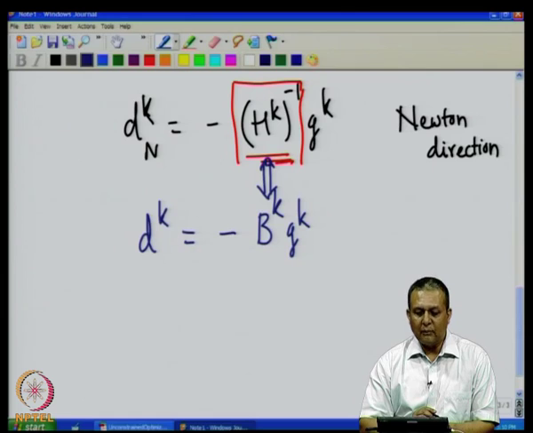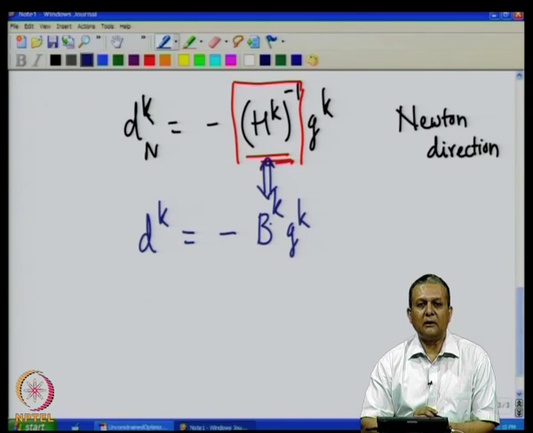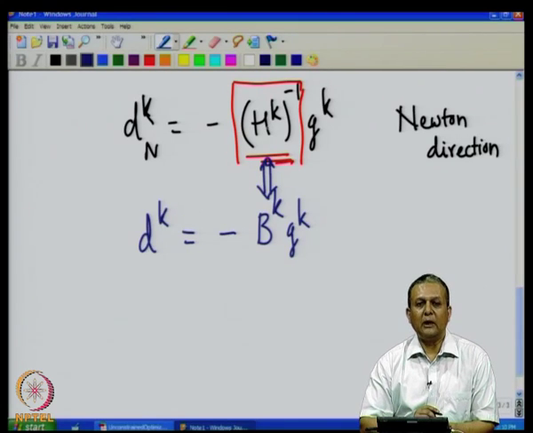In some cases it turns out that, especially for quadratic functions, if this Bk matrix is obtained in a careful way, then after a certain number of iterations Bk approximates the inverse of the Hessian. That is typical of a quadratic function, but may not always hold. But nevertheless, this approximation